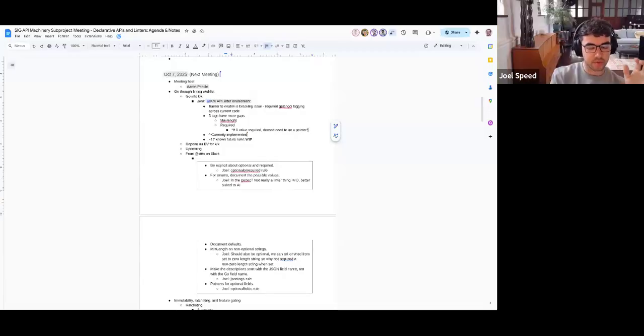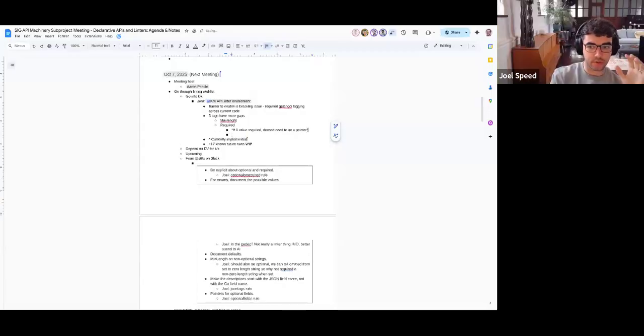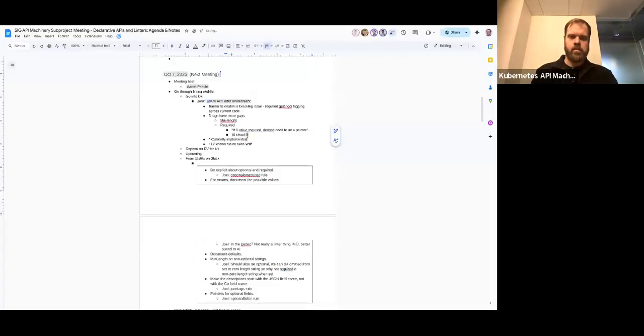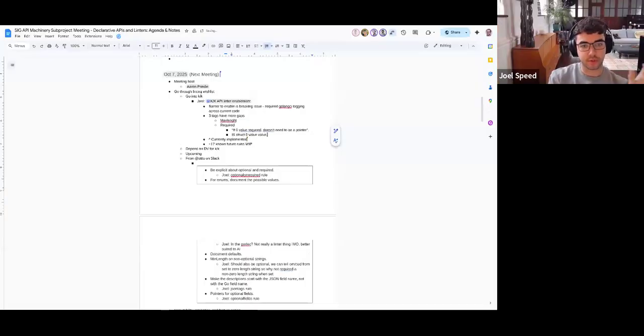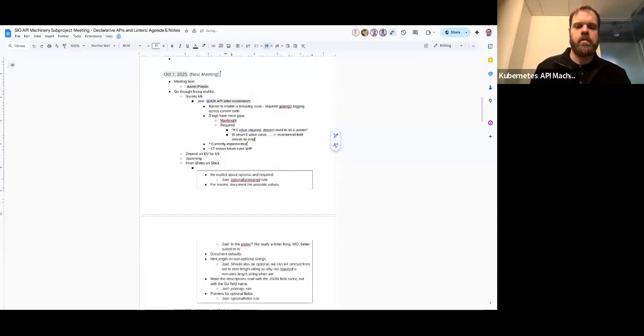So we have this concept where it will go through and look: is the struct zero value valid? Is the integer zero value valid? Is the string zero value valid? And then we can recommend whether the field should be a pointer, or be left empty, etc., based on that. So it's all about the serialization rules. I see. That's awesome.